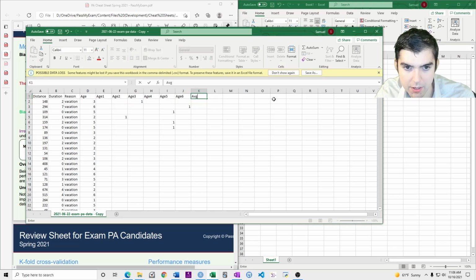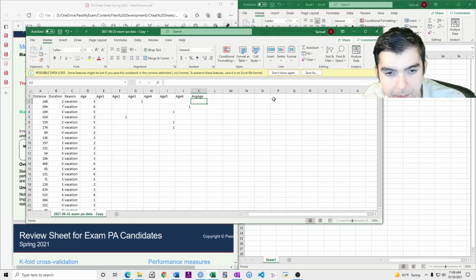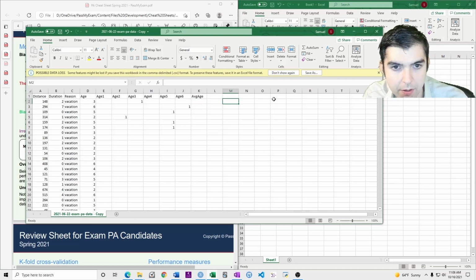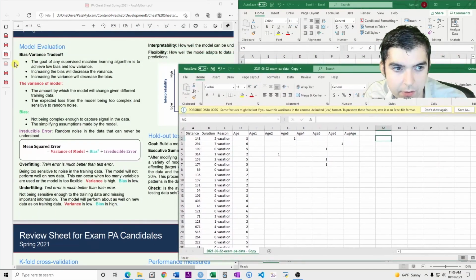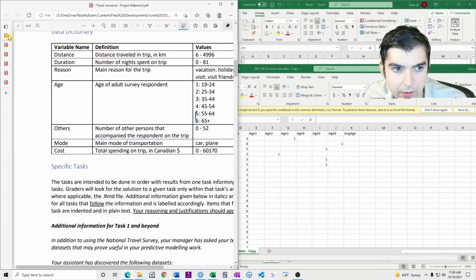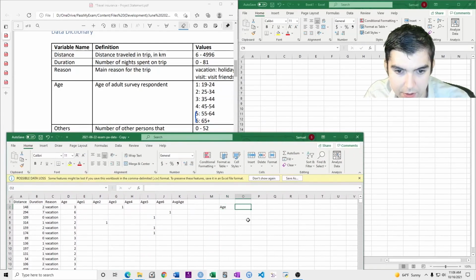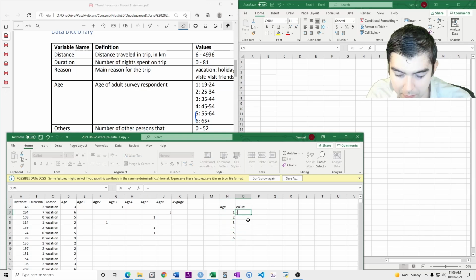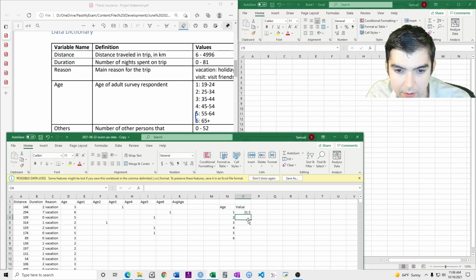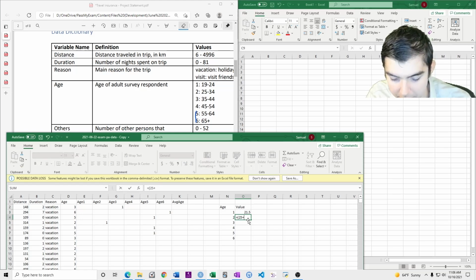And then the average age value, this is an alternative way of showing the age. It uses this table. So you have age and value 1, 2, 3, 4, 5, 6, and it's the average of 19 and 24. This is the average of 25, 34.